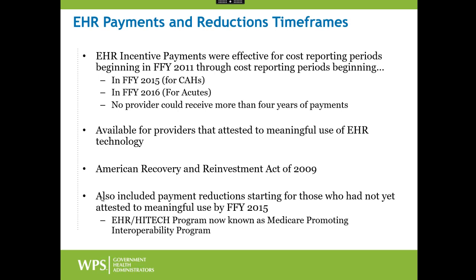for the EHR incentives, but it's important to remember that no provider could ever receive more than 4 years of payments. And furthermore, once the years started, so once they hit their first year of EHR incentive payment, the years continue consecutively, whether or not they actually qualify for one of those interim years or not. So at most, a provider could get 4 years, even though for acute care hospitals they had 6 years to choose from. Now, these incentive payments were available for any provider that attested to meaningful use of electronic health record